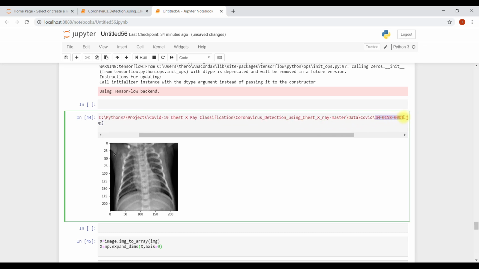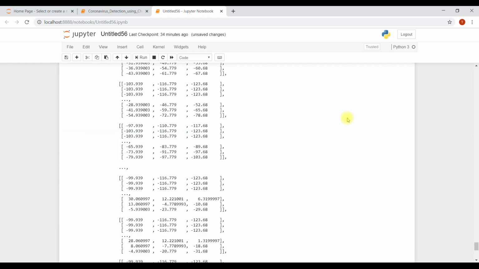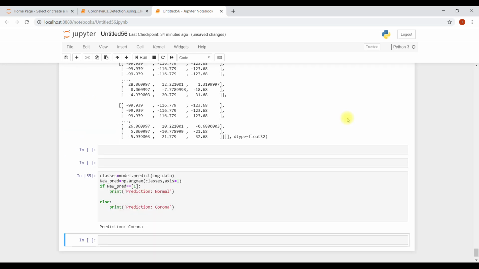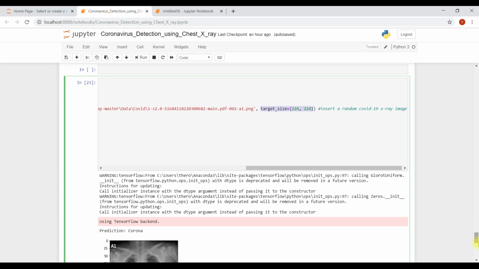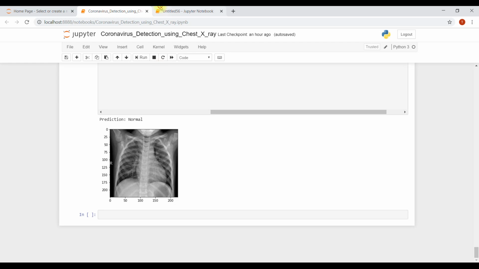Let's try to run this here. The corona. Okay, so everything is done, and that's how you can make your own corona prediction.